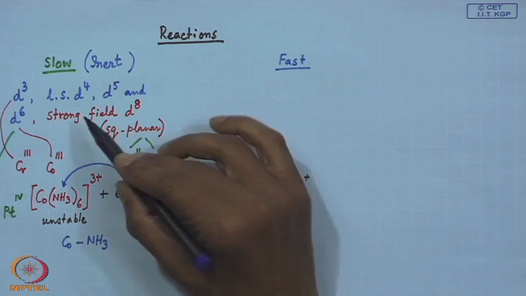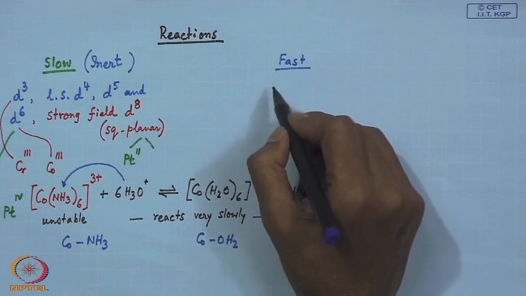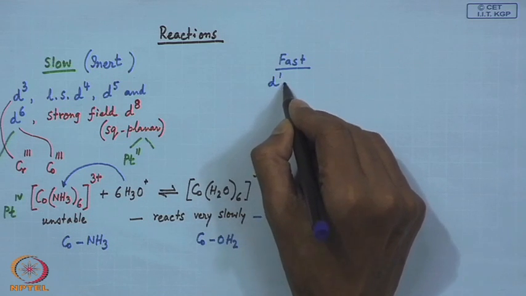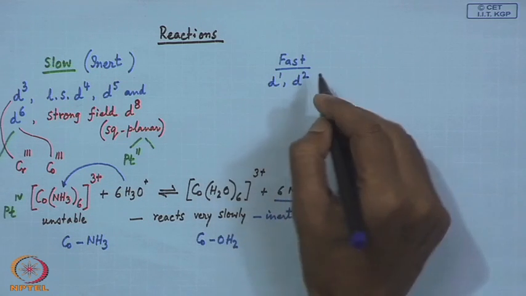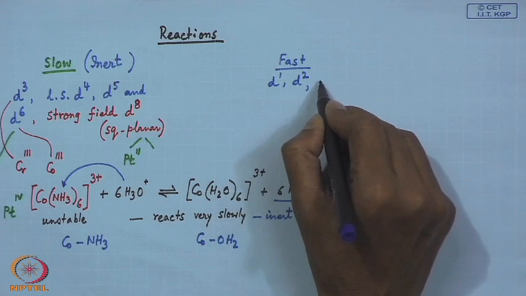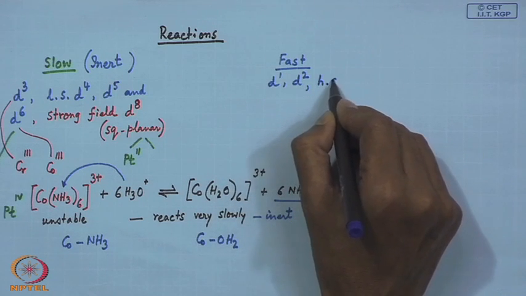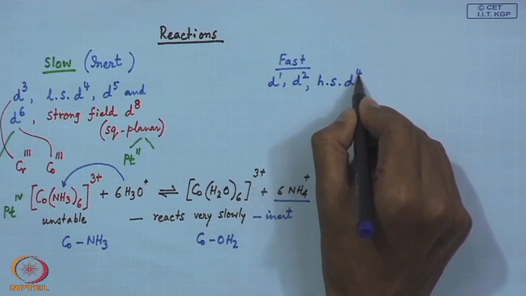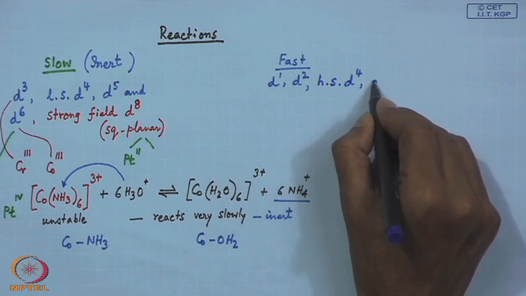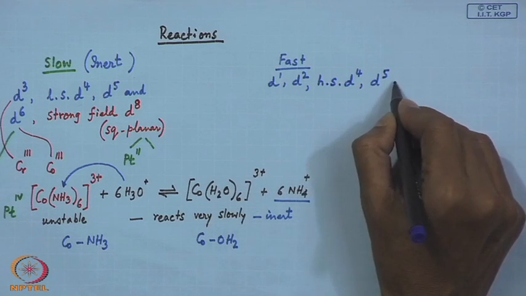The other metal ions, which are d1, d2, then not low spin but high spin d4, d5